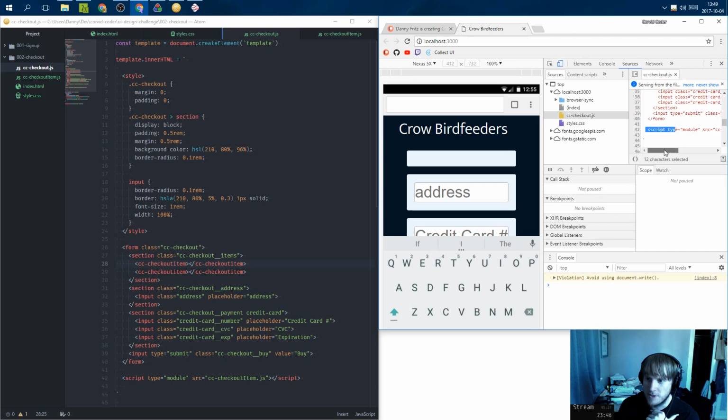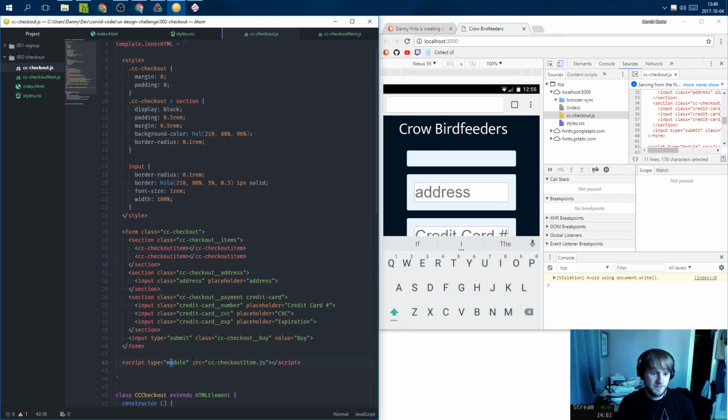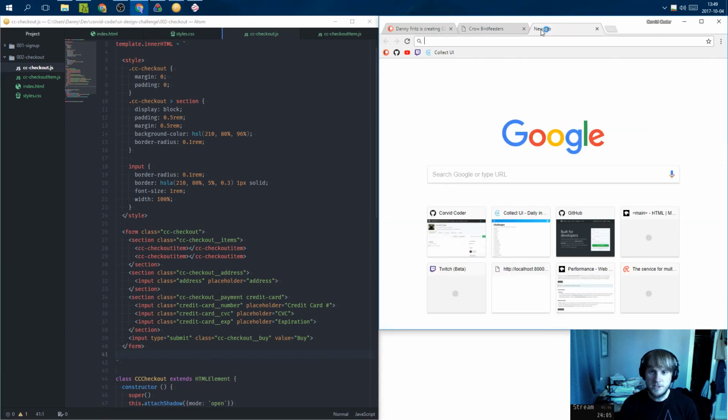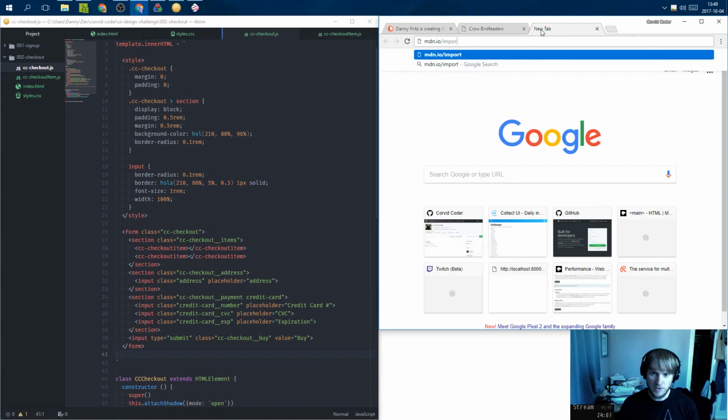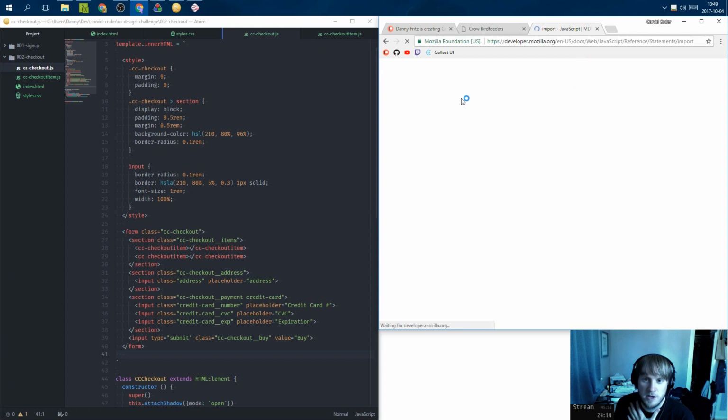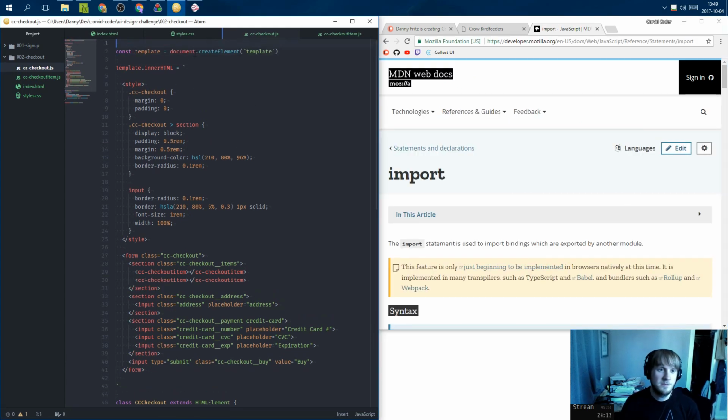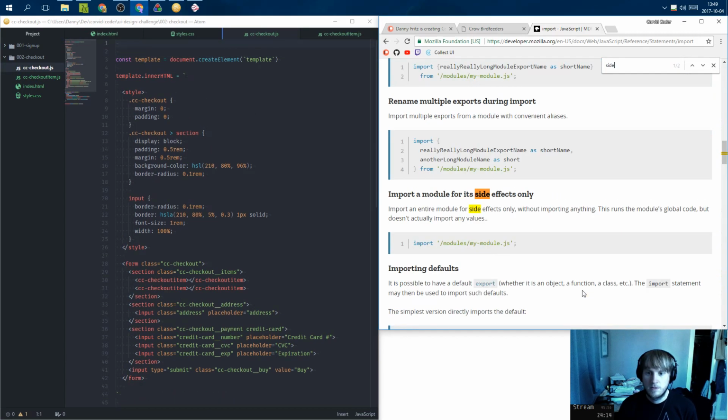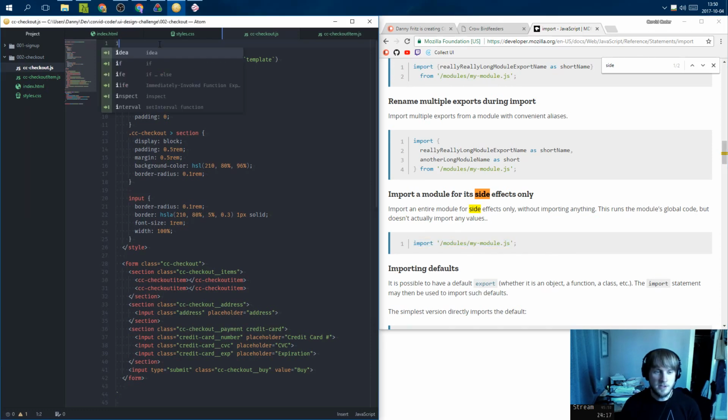So here is the script type module, source equals cc checkout item.js script. Oh, this is every time I insert the component, a script tag. Yeah, okay, so that isn't what I want. I do want a side effects one, so we're looking at import. There should be a way to import with only side effects. So you just import the thing. Okay, so import, it's going to be